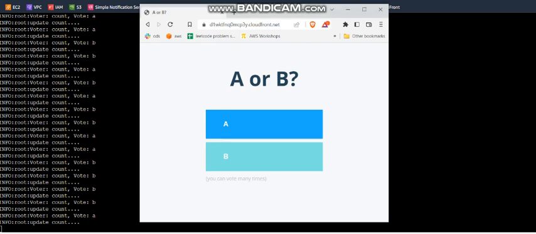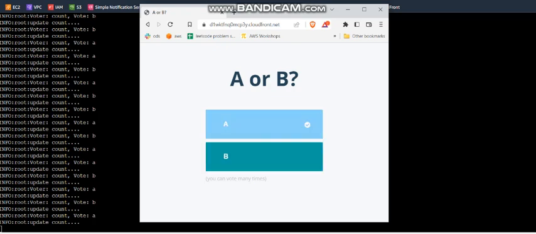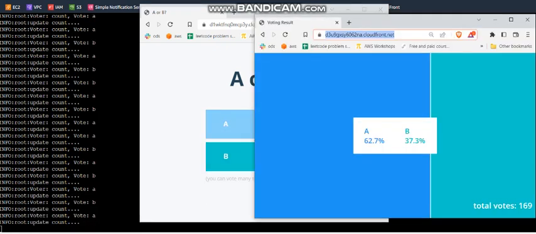Alright, so I'm going to show you a little bit more of how the vote actually travels through all of the AWS components and hits my Python script. So this is my EC2 and the Python script constantly running. As you can see, it's going to be showing A, B, because it processes them as they travel through components, and they hit the DynamoDB table. They're stored in the DynamoDB table, all of the votes, and